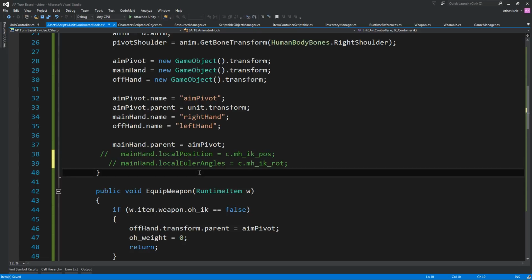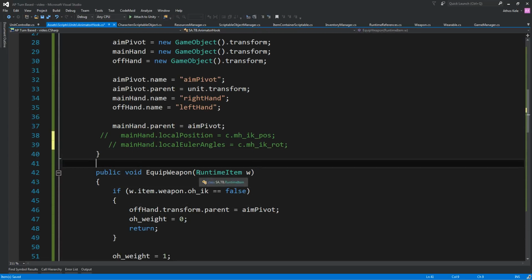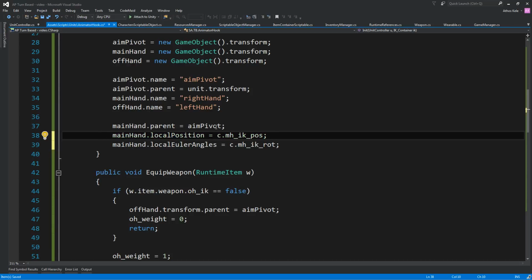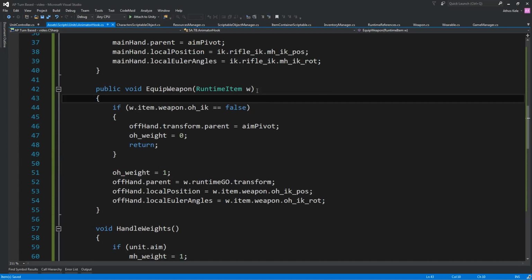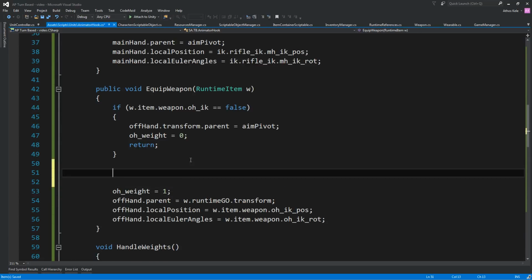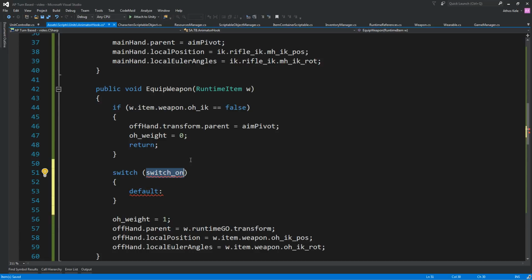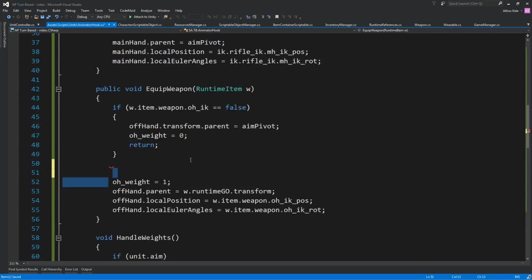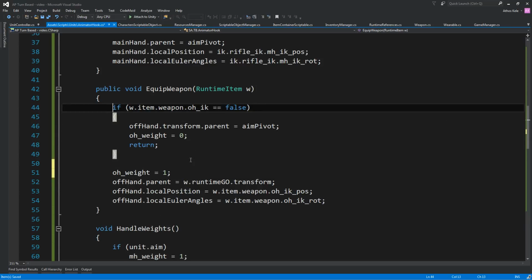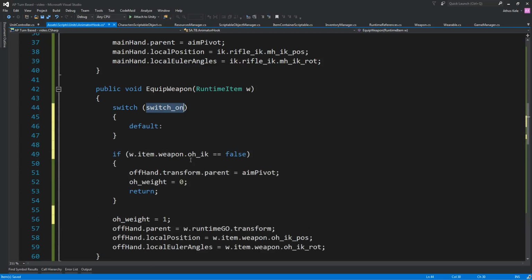we're going to be changing this depending on the equipped weapon we have. But since we're doing this, at least we can have a default value. Rifle again. But coming down here, we could say switch. Actually no, this is for the offhand, so we need to do this above. Say switch W weapon item dot weapon dot type,